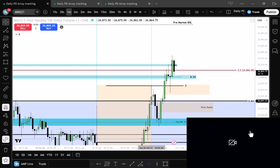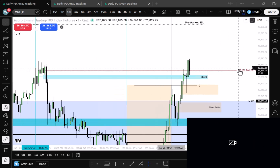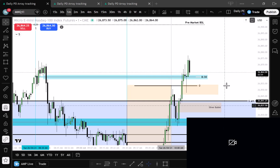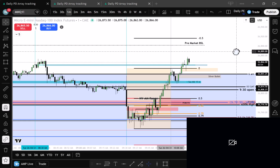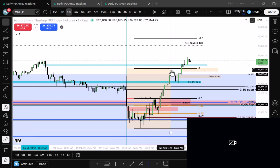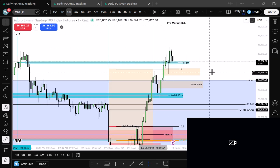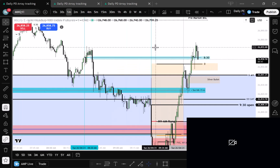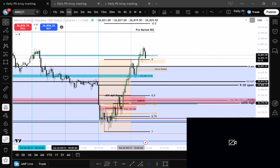So we'll take 8:30 off there. I'm going to take 8 a.m. off of there. I'm going to take this mean threshold off of there. So you see what we did here is we have the high and low. Made the high, retraced back into it, respected that, so at least took out the high at 10 of the range. So now 8:30 is essentially cleared. So I want to look at the